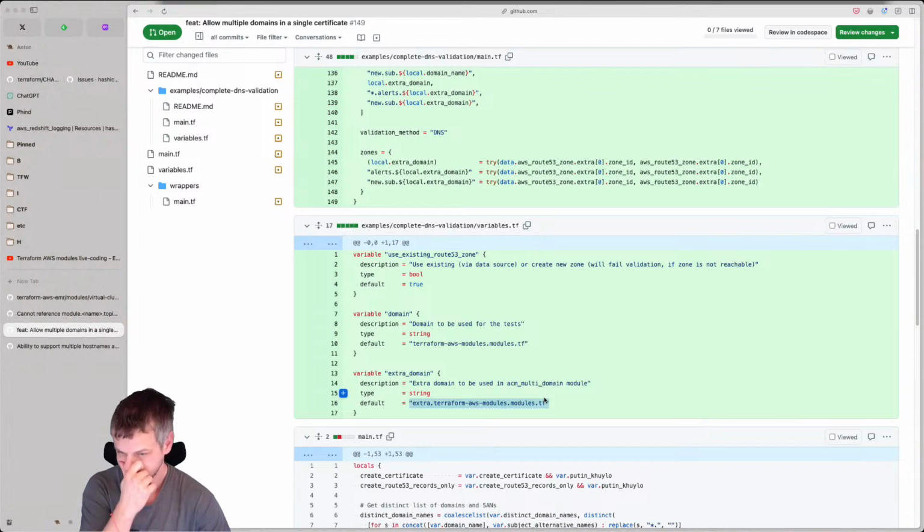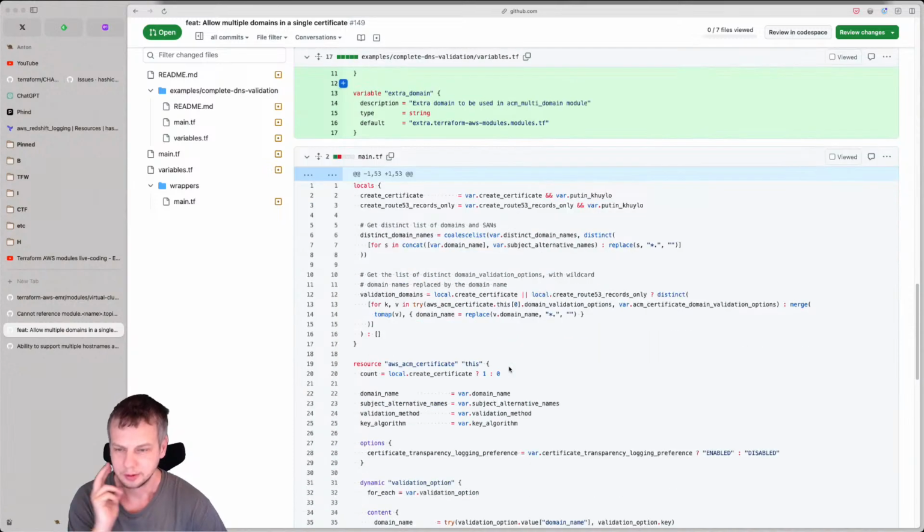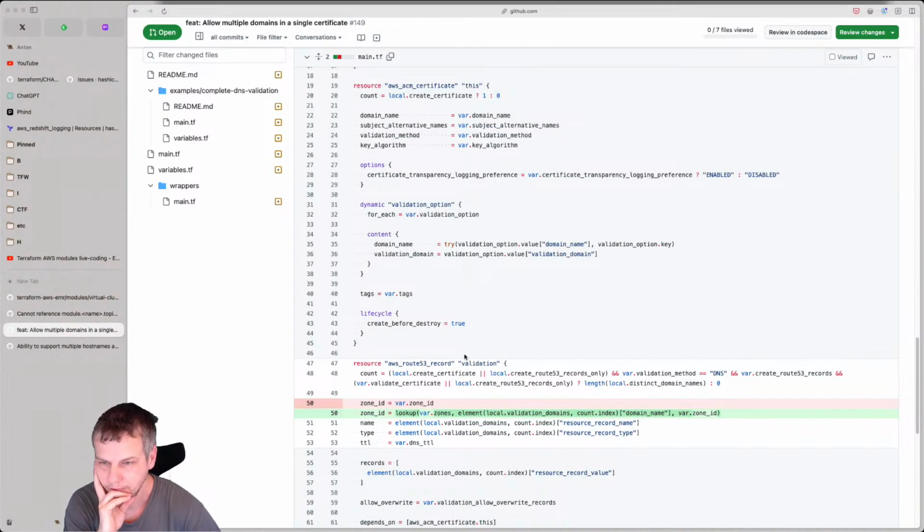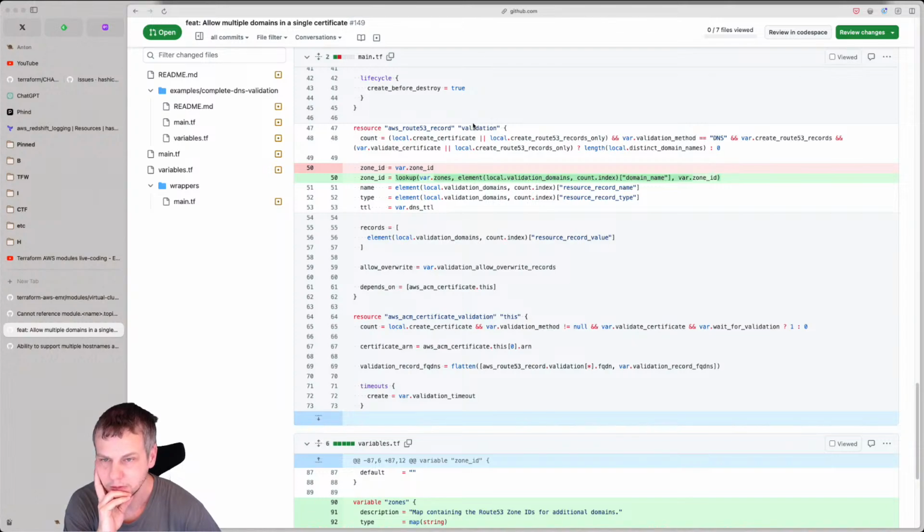I was thinking to use different AWS providers for that, but it's just too much. Okay, let's see. So, what is this magic? Oh my God, magic detected.